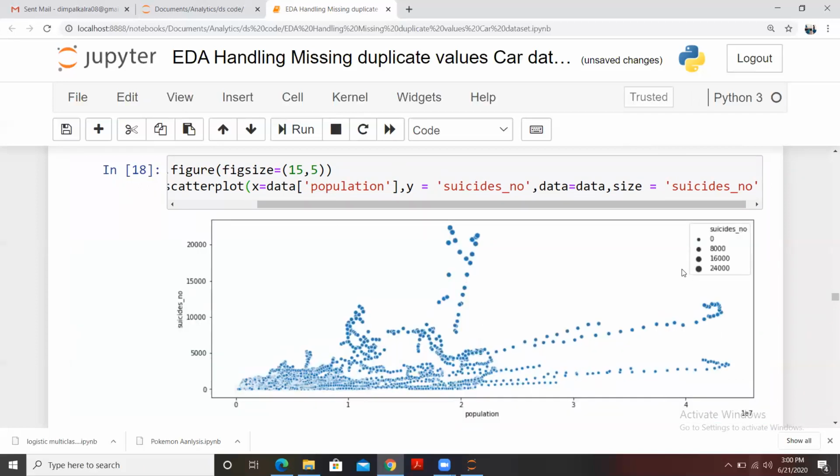You see that the small data points are the minimum suicide numbers, and the big ones are for the maximum suicide numbers. You see that part. Small data points you see around this, and the maximum you see around this. So the population, I mean, there is no strong relation between this, but still they do have some relation that we can check. Fine, guys.